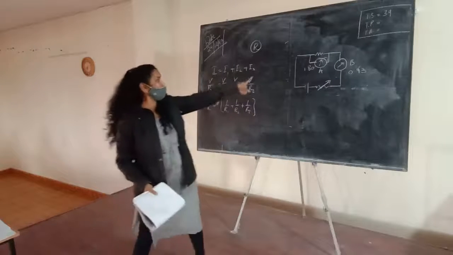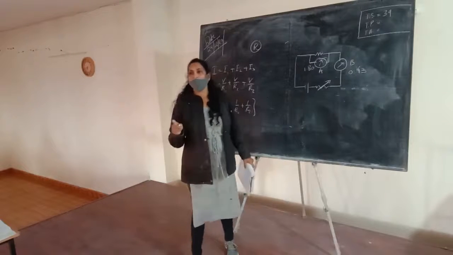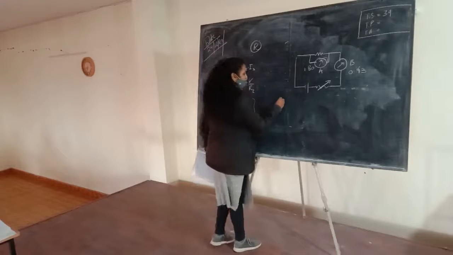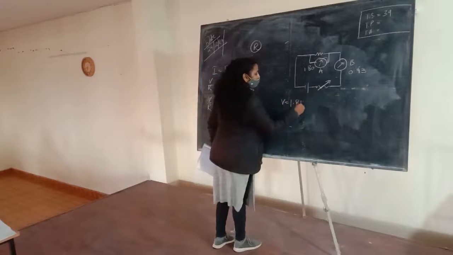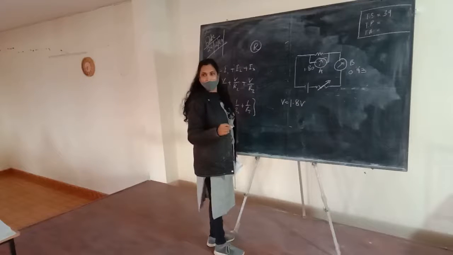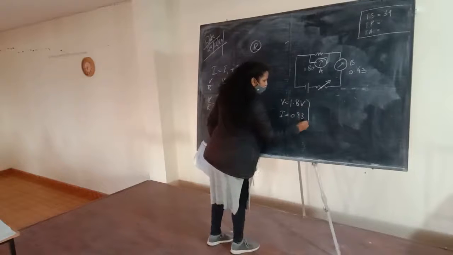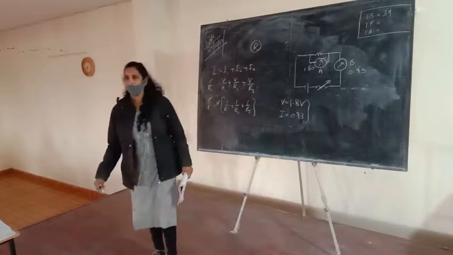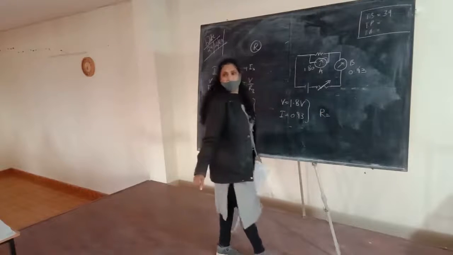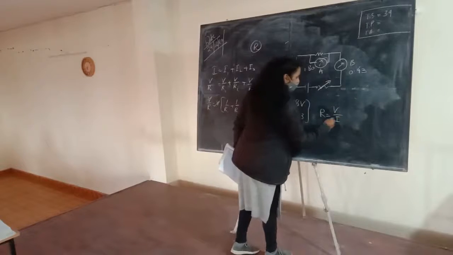So what is the 1.8 here? Anisha? It will be the potential difference, 1.8 volt. And what is the 0.93 here? It is current. I is equal to 0.93. So can we apply Ohm's law? So what is the formula for finding R? R is equal to V upon I. So can we find it?